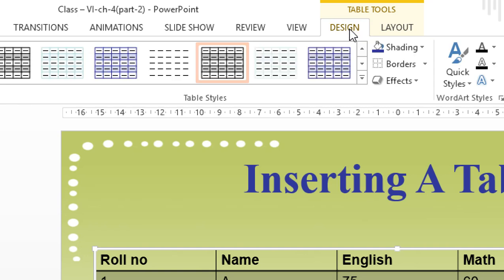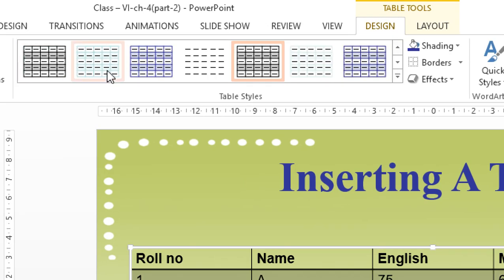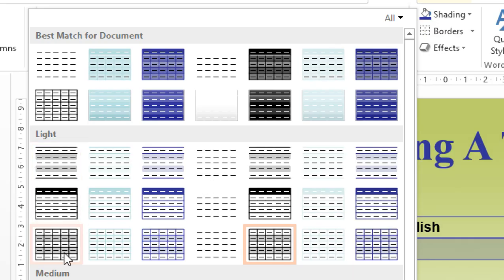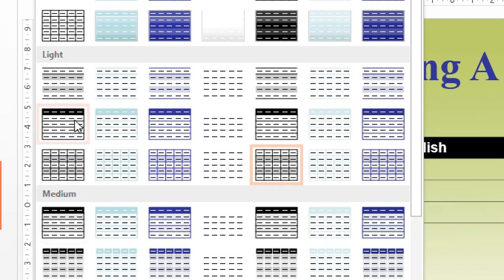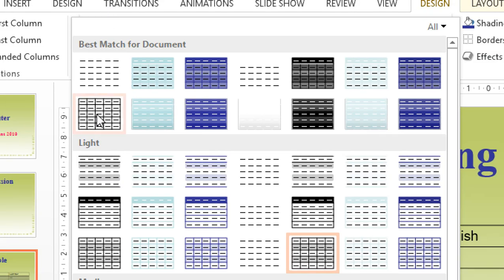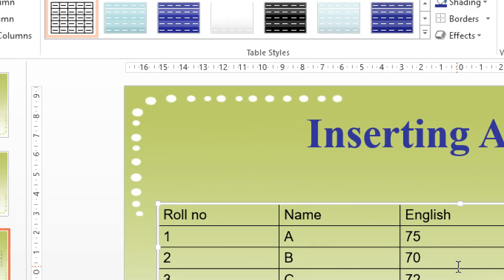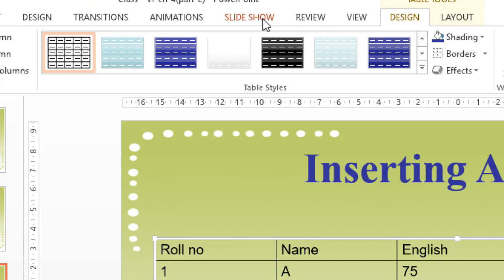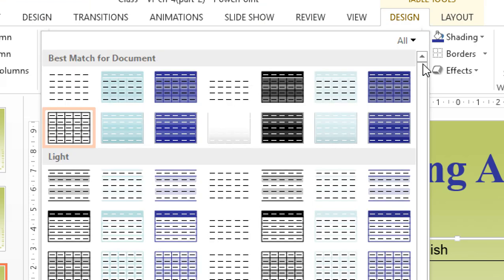In the design tab you can change the table style, which I showed you last time and am going to show you this time also. Whenever you click on the drop down arrow, you will get different styles, like light and medium, any type of thing you can create. Suppose you want to create a simple table without any color. Right now we are keeping it simple, because afterward we will fill shading and everything. So this one is the table style, and from here you can change the style of your table.